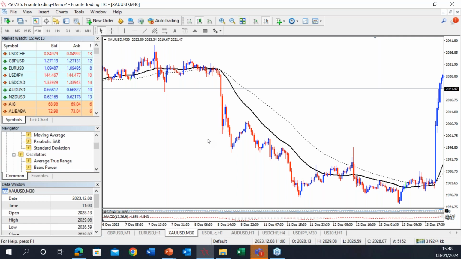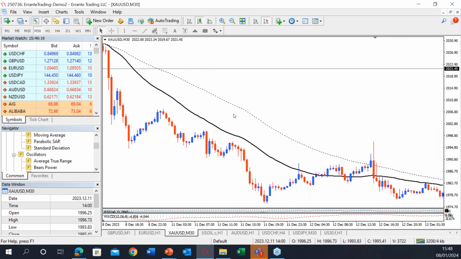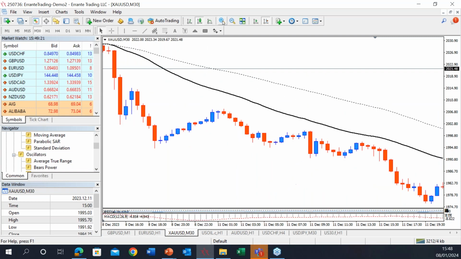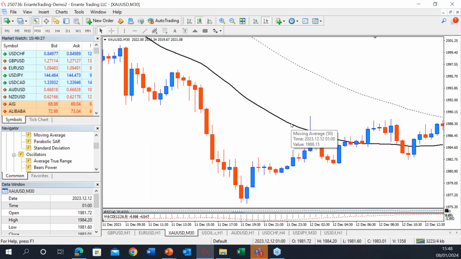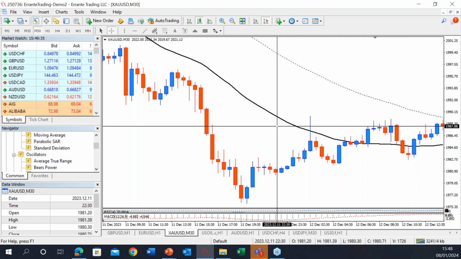So, for example, here you see we have a downtrend in the market. You don't need to go just with the trend. You can just identify this 50 WMA as a potential resistance level, a dynamic resistance level during this downtrend, and then